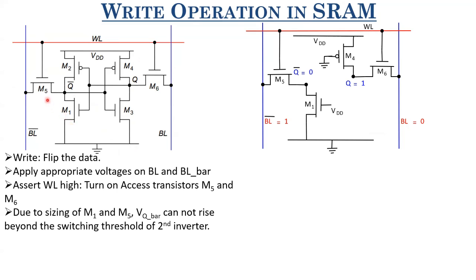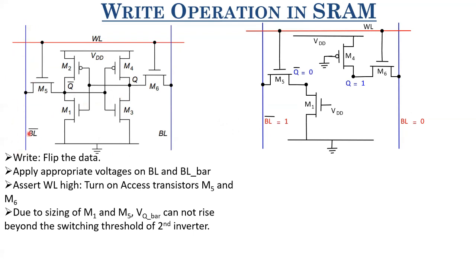By doing that, even if we apply VDD on BL bar, the voltage at VQ bar does not increase above the switching threshold of inverter 2. That is, we cannot flip the content of this cross-coupled inverter pair